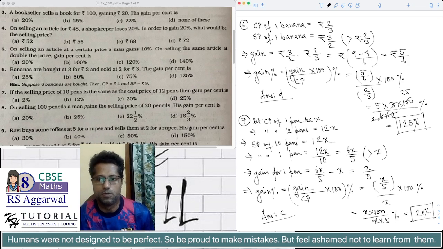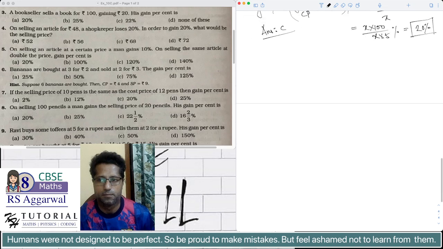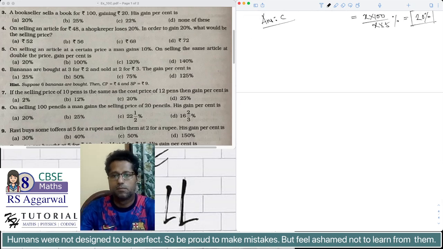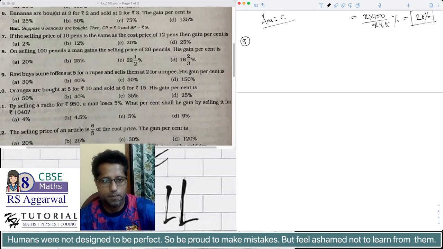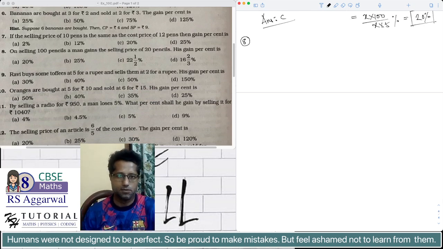Okay, so let's do problem number 8. On selling 100 pencils, a man gains the selling price of 20 pencils. His gain percentage? On selling 100 pencils, a man gains the selling price of 20 pencils. Okay, so